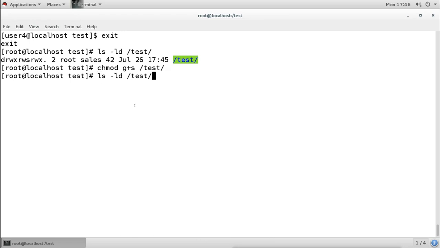For the numerical way we use this 2 here, and to remove it, we have to mention 0 here,